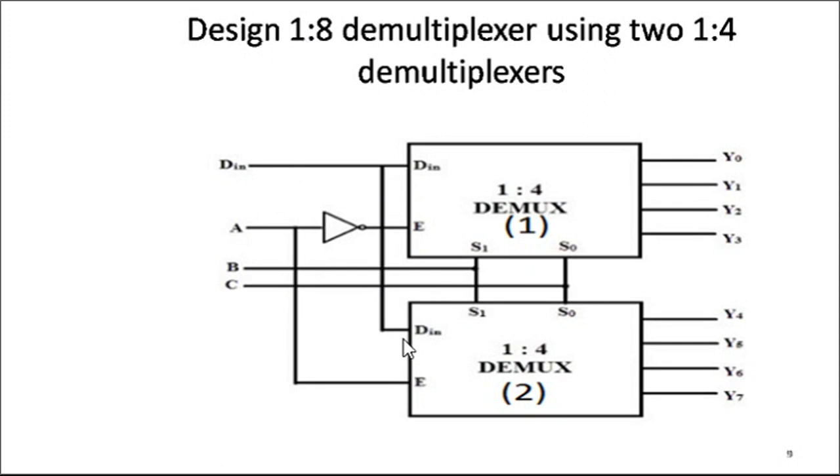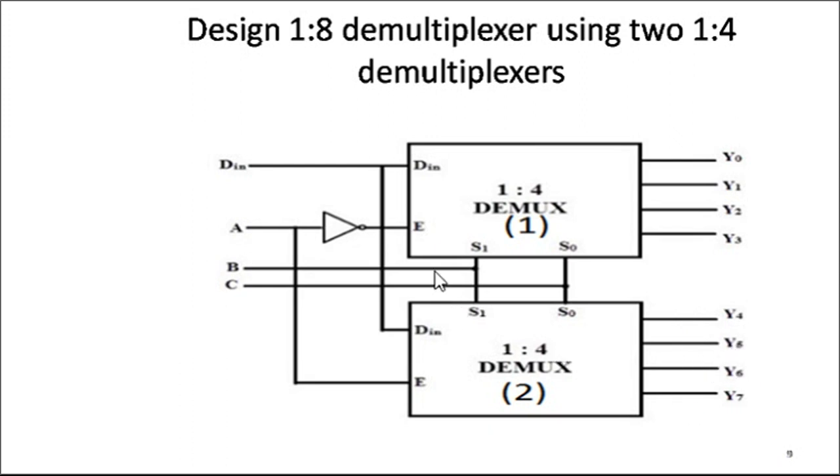How can we make it? These two are joined together and converted into one. These are the four and these are the four. So these are the first four outputs, and in continuation we have y4, y5, y6, y7. These are relabeled; inside, the labels are defined, and they will be called y4, y5, y6 and y7.